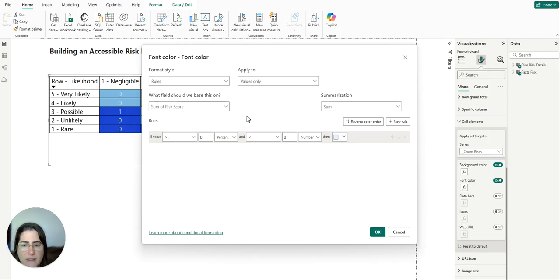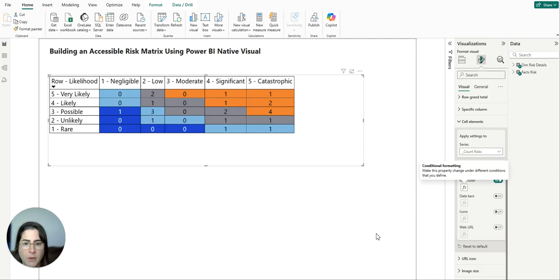Because only when the risk score is less than or equal to 3 do we have a dark background, that's the only condition when we need to have white text. And for all the other background colors, which means that the risk score is going to be greater than 3, they will have black text. So based on that, I'm going to create my rule that if the risk score is less than or equal to 3, I want white text. And then if my value is greater than 3, I want black text. There we go. So now that we have our matrix with the correct background colors and the correct font color,